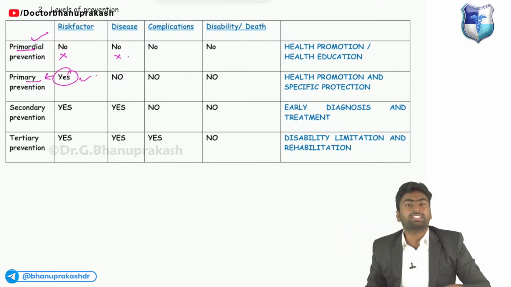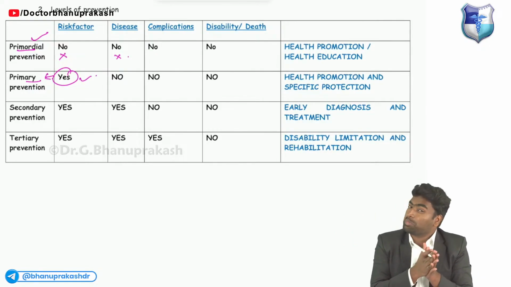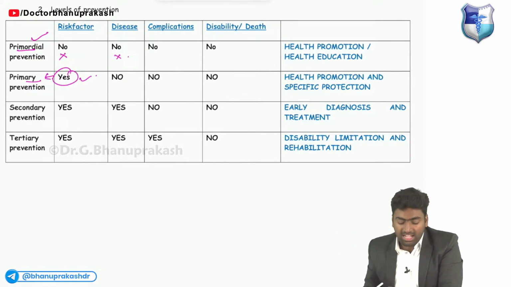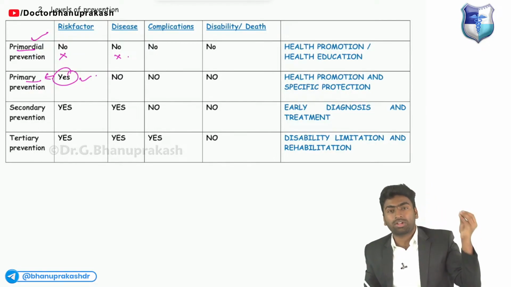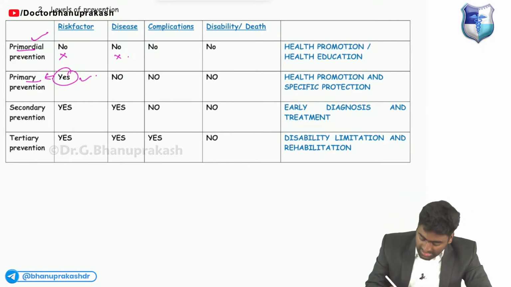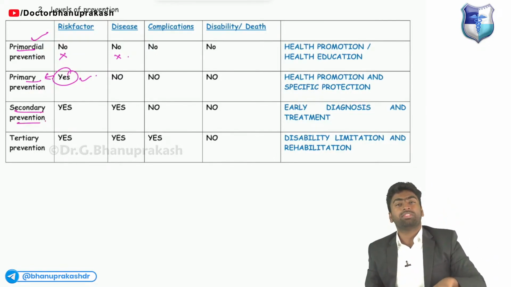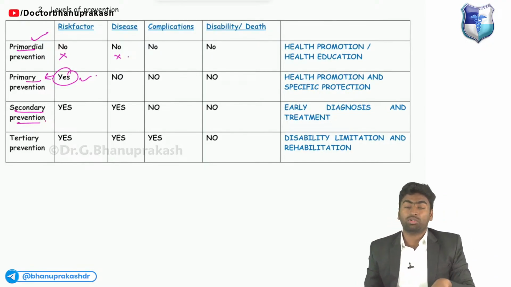prevention. For example, in the case of COVID-19, you should wash your hands. Because of COVID-19 only, you are washing your hands. That is, a risk factor is present, that's why you are doing some intervention. Okay. Whereas in the case of secondary prevention, what you will do is that there is